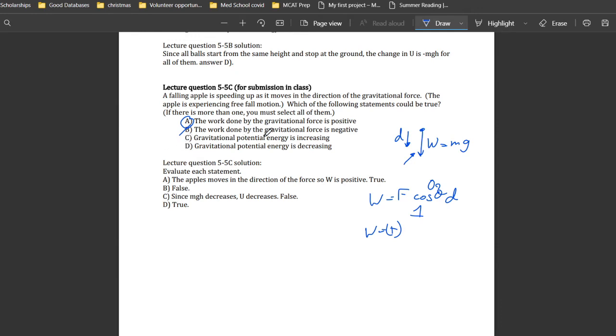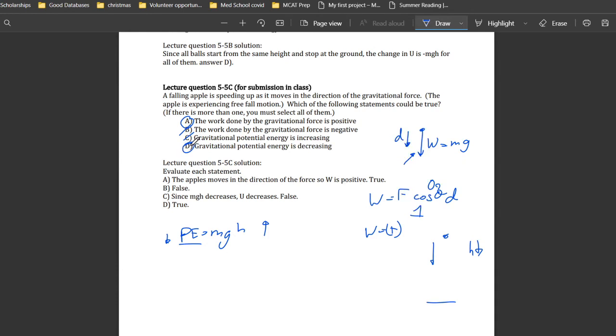The gravitational potential energy is increasing. So recall, potential energy equals mass times gravitational acceleration times height. The only factor that's relevant here, because the apple's mass is not changing and the gravitational acceleration is not changing, is the height. So in order to increase gravitational potential energy, the height must increase. So if an apple is falling, if it's falling down, this is the apple, it's falling downward, its height is decreasing, so height is going down, which must mean that the overall potential energy is decreasing, which means that C